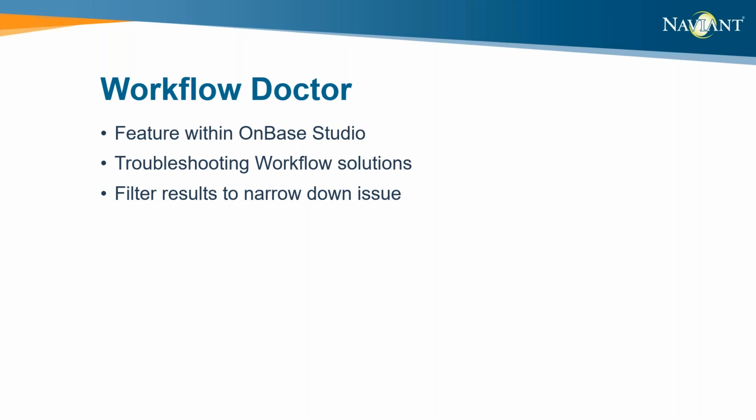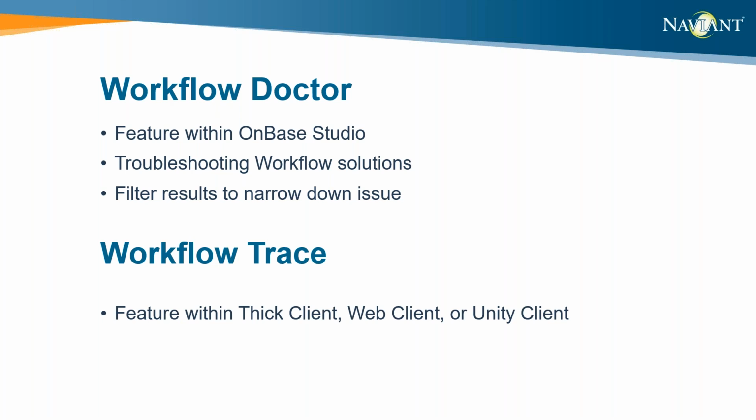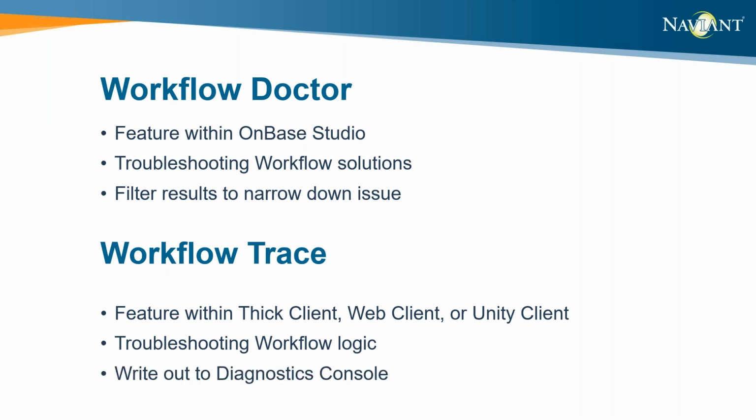Another tool available for troubleshooting workflow is Workflow Trace. You can enable Workflow Trace with the THIC client, Web client, or the Unity client. Workflow Trace should be used when troubleshooting workflow logic, such as rule evaluations, action executions, or document routing. While it can provide additional information regarding workflow exceptions, the Errors tab within the Diagnostics console is typically sufficient for that. In addition to enabling Workflow Trace within the correct client, you must also enable Workflow Trace tab in Diagnostics